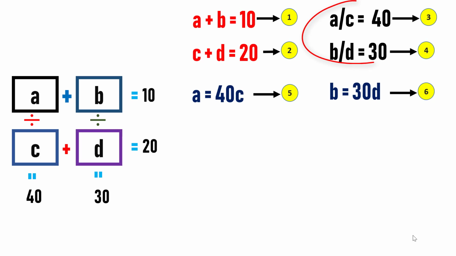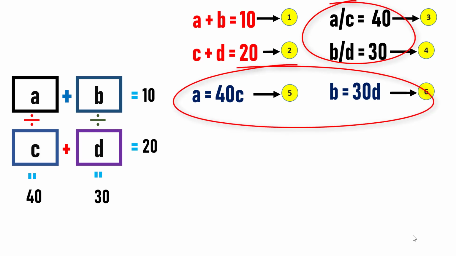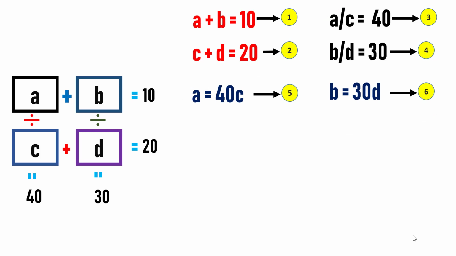Equations 3 and 4 can be written as A equals 40C and B equals 30D. Call these equations 5 and 6. Since there is a division operator to be performed, it makes the puzzle more interesting and difficult. If you observe the equations properly, by using only these equations it's not possible to find the solution. Now is the time to think out of the box. Let's check the relation between boxes in the equations. We have equations which have relation with each other, apart from A and D, B and C. Let's try to build the equation which can have relation with A and D, B and C.